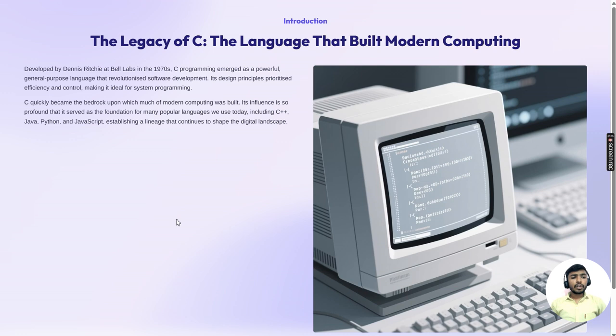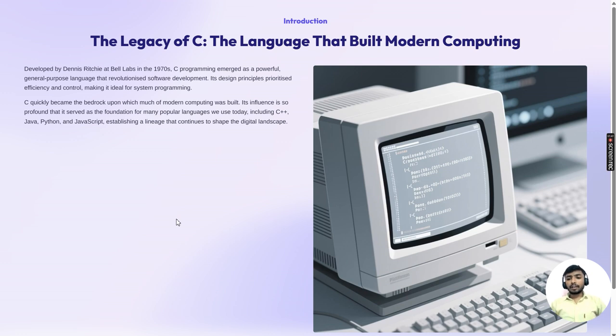C quickly became the bedrock upon which much of modern computing was built. Its influence is so profound that it serves as a foundation for many popular languages we use today, including C++, Java, Python, and JavaScript, establishing a lineage that continues to shape the digital landscape.